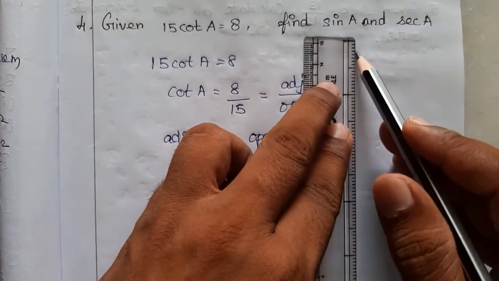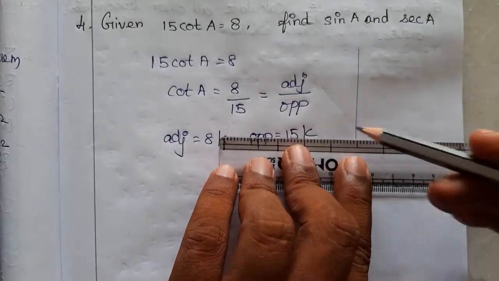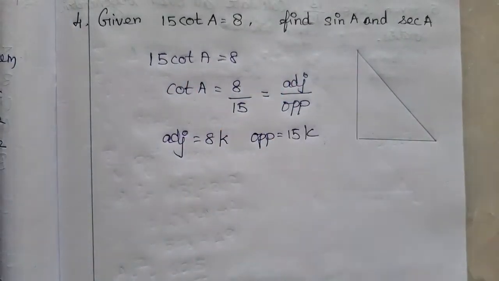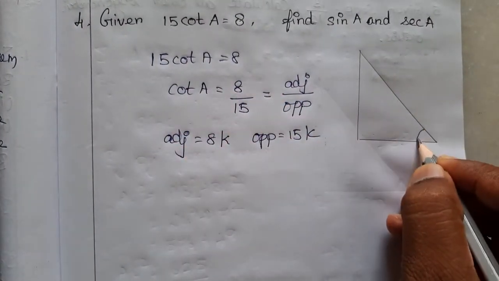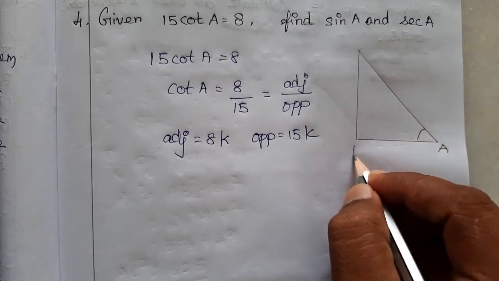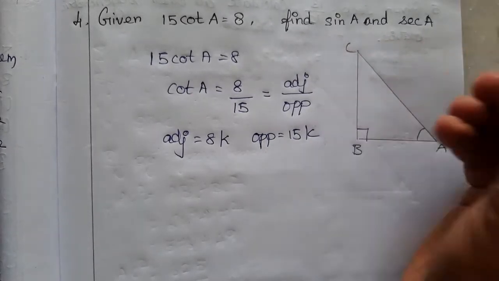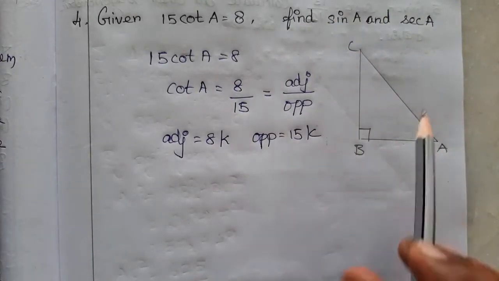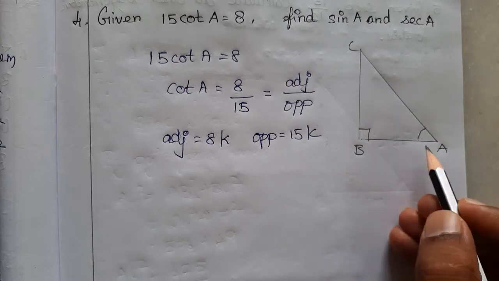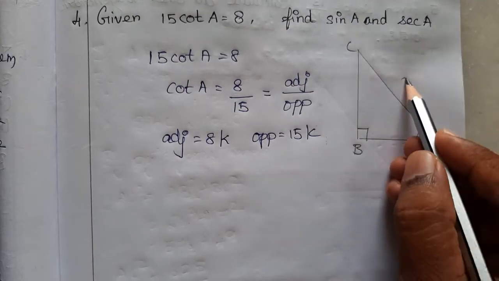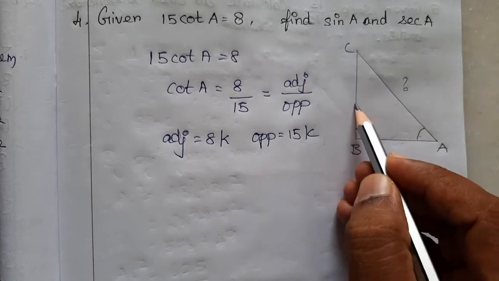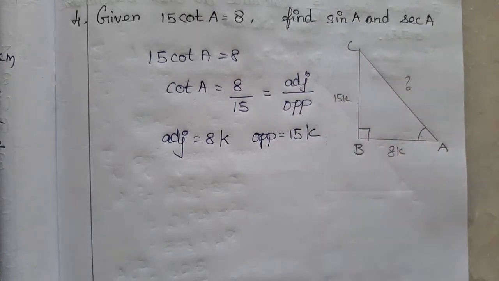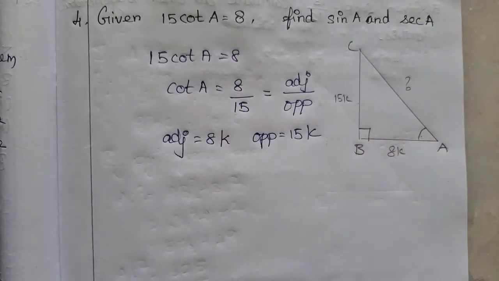So the figure is very important in this chapter. Without that it's a little difficult to assume. Here A is taken as an angle, so let me choose this side as A, and let me choose the 90 degree as B, and here as C, right? It doesn't say anything about the 90 degree, only A is given, so we don't need to worry about the 90 degree. The hypotenuse side we don't know, that is what we have to find. So opposite to A is this side, 15k, and adjacent is 8k. We have to find this, then only we can find sin A and sec A.